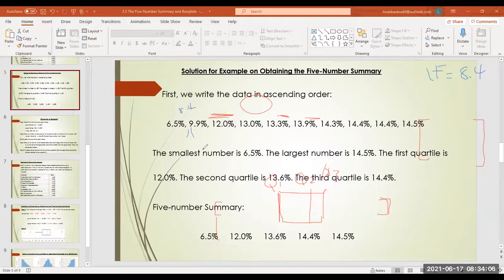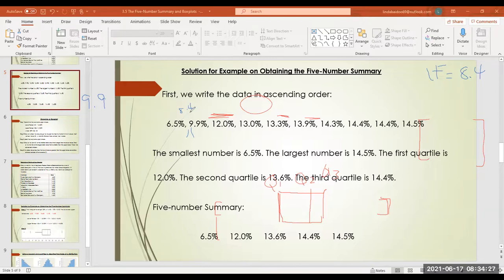So that is, excuse me, that is 9.9. So don't forget 9.9. We'll continue with our box plot very soon. But 9.9 is the smallest data value that is larger than 8.4. The next step says that we should continue to draw a line from Q3 to the largest data value